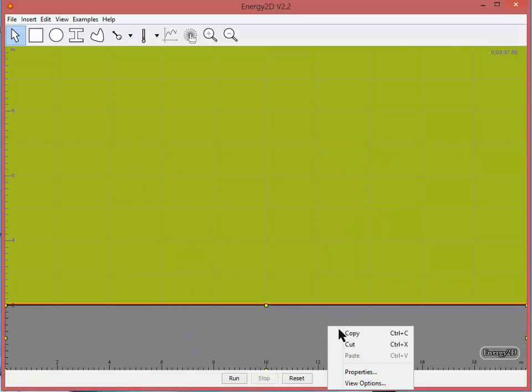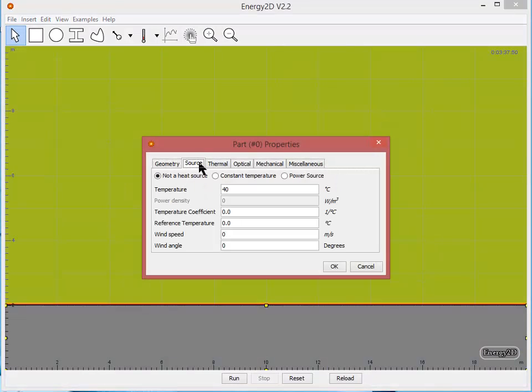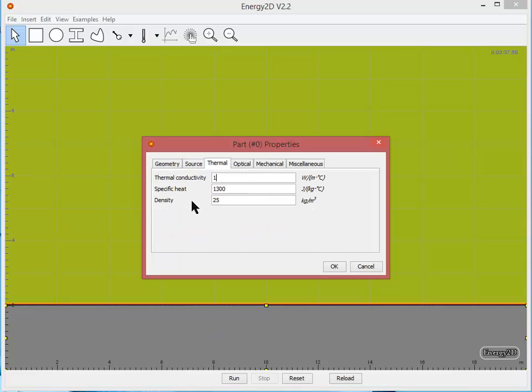Let's go back into Properties again. For source, I would like you to set that this is not a heat source. But let's change the temperature so that the ground is cooler than the air. So I'm going to change it so that it's 10 degrees Celsius. Under my thermal properties, I'd like to set my conductivity to 0.001,